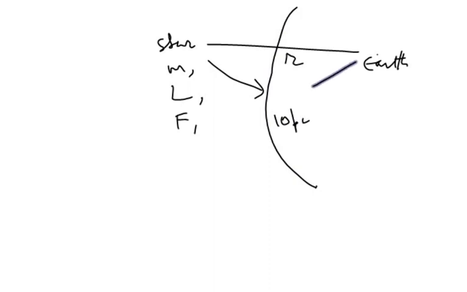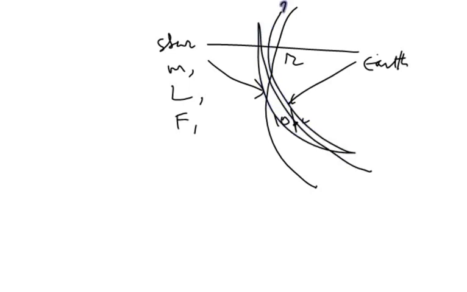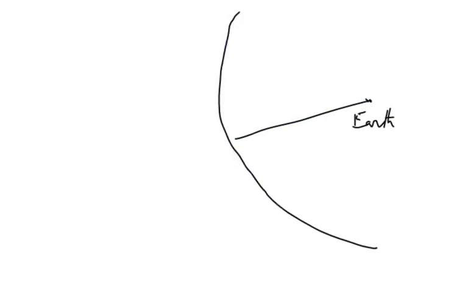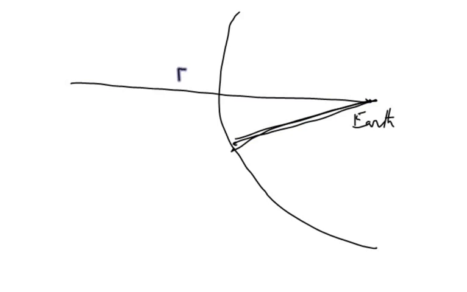From us means this is where we are, so this is the sphere. Yes, this is how it should be. Let me redraw this. My drawing is not correct. So if this is Earth, let me draw a line, and so this is the sphere like this. Now previously the star was at a distance r, having apparent magnitude m and also radiant flux F1.